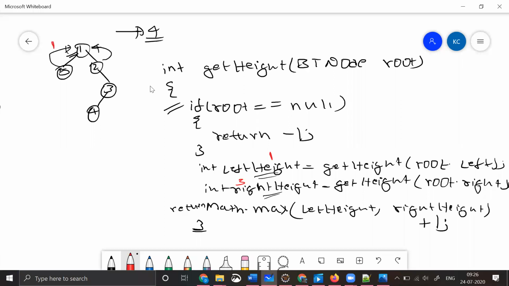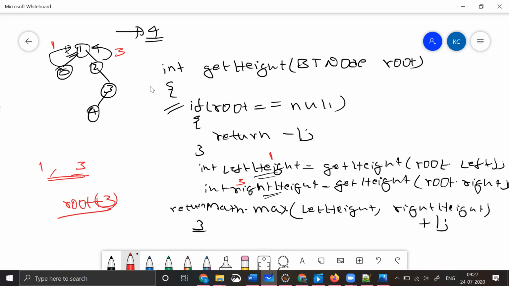Here my height is nothing but 1 2 3, right? It is 3. Now I need to find the height of it, right? So which means if my left subtree has the height of 1, if my right subtree has the height of 3, my actual height will become root plus 3, right?